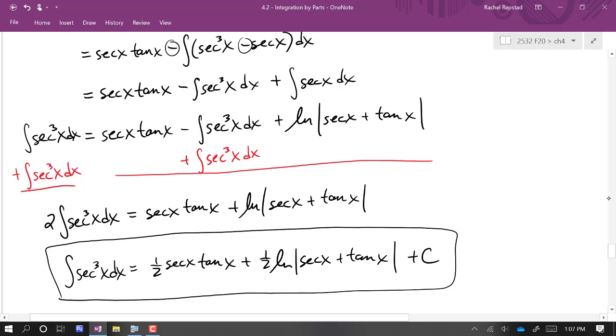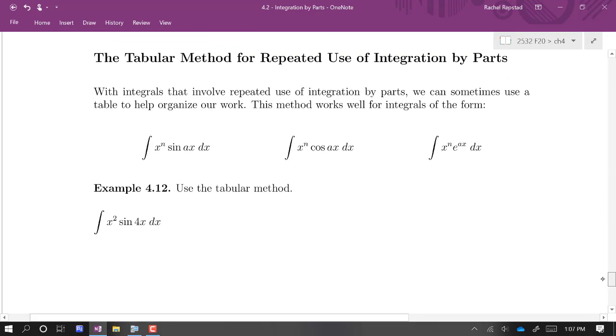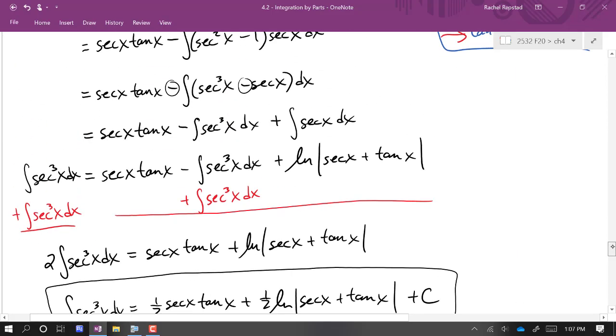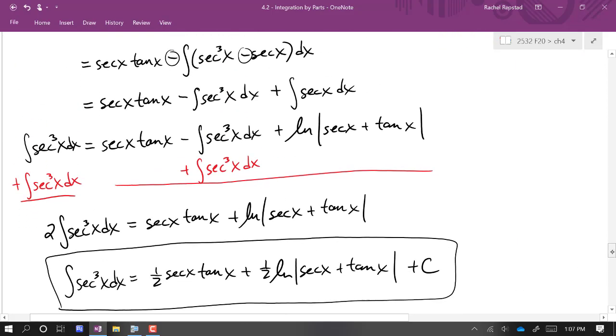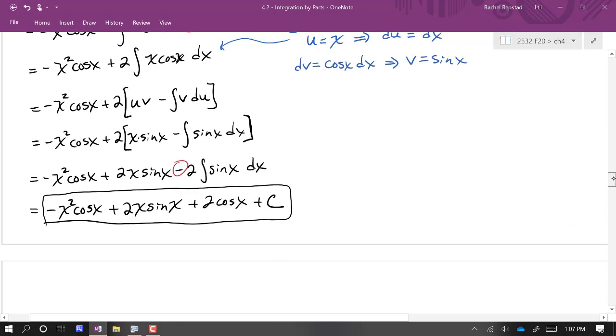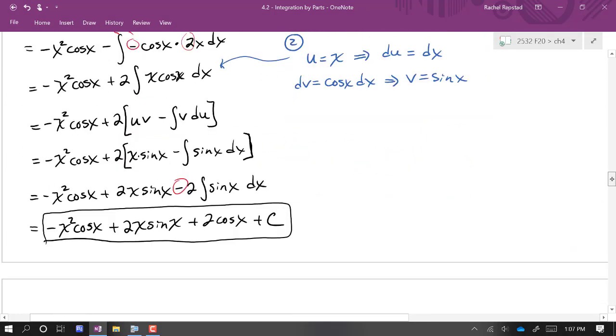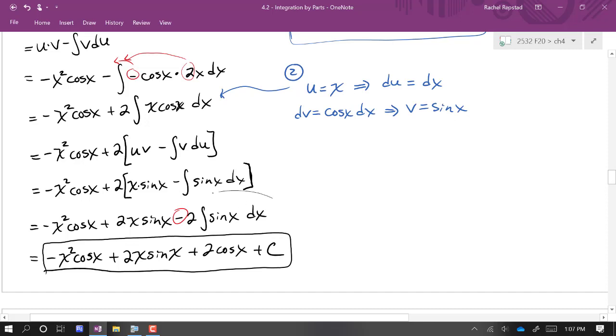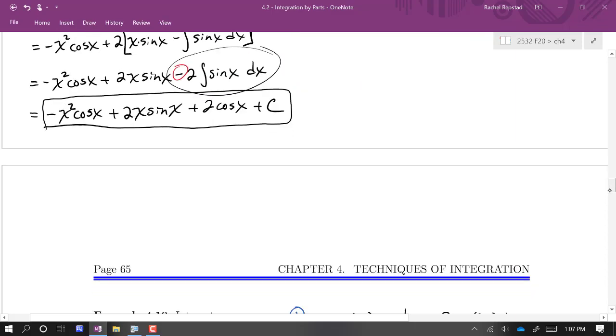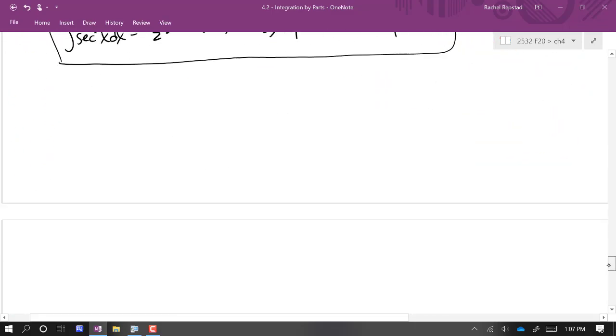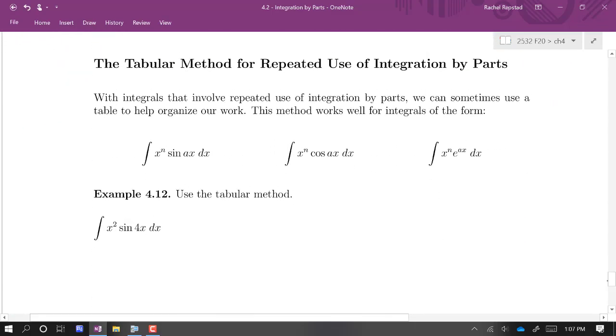The last thing we're going to do in this section is look at what we call the tabular method for integration by parts. Some of the problems require us to use integration by parts more than once. And I'm not talking about these fun ones where we end up having to finish with algebra. I'm talking more like this problem here, right? We had to use integration by parts twice before we ended up with this integral down here that we just knew how to do. In integrals like that, we can organize this work in a table that'll make our work